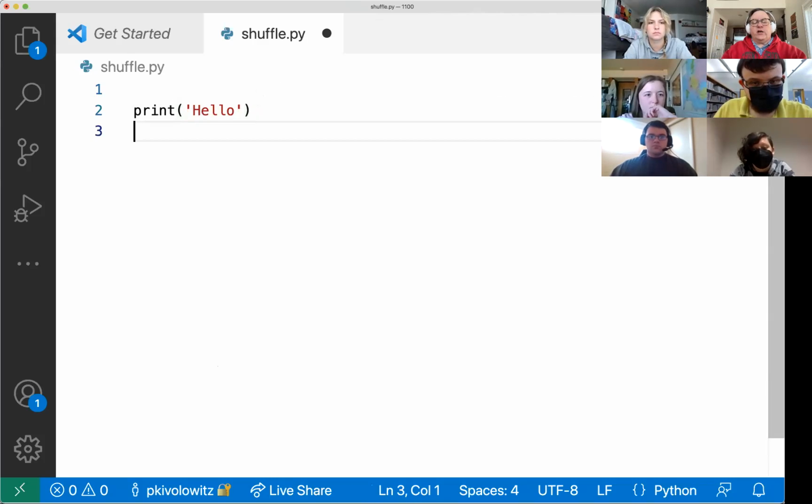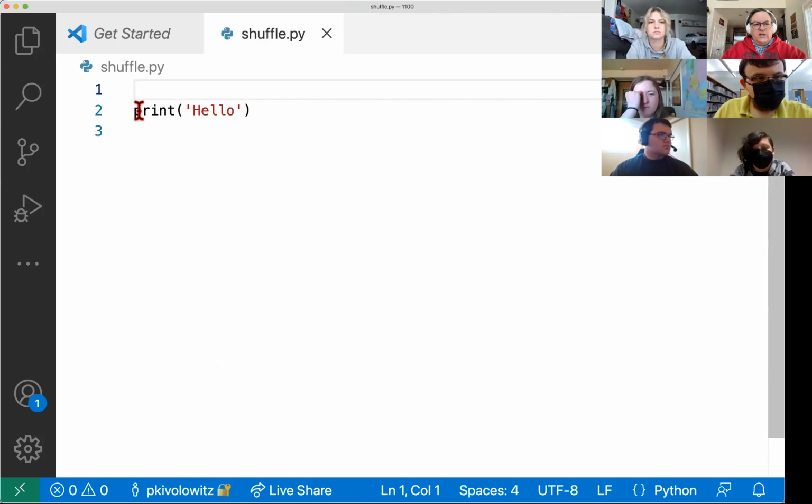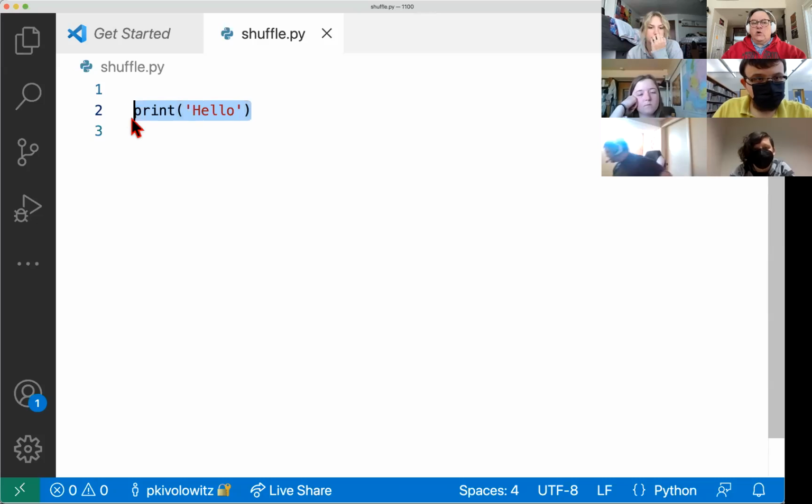Okay, so that's naked code. When Python starts reading your code, it encounters this statement and executes it immediately. So that's not actually ideal